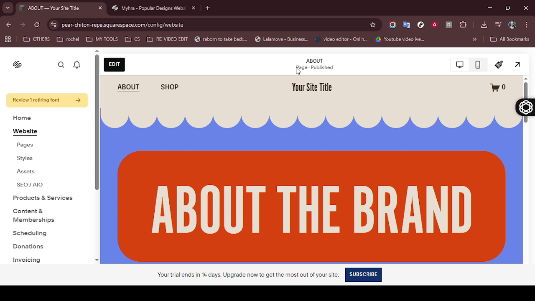If your goal is to share it immediately with others, look for a shareable link option. This will allow you to send your site to anyone, even before it's hosted under a custom domain. And there you have it. You've successfully navigated using a website